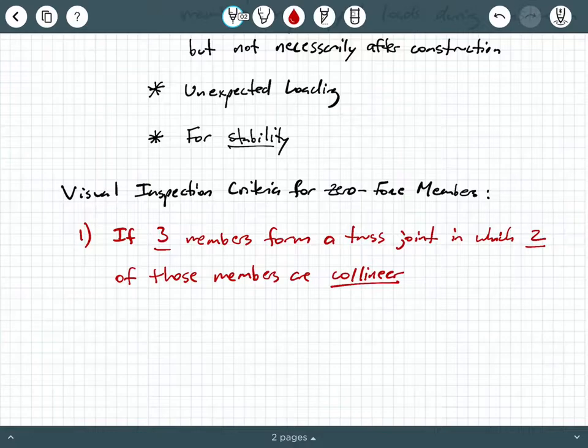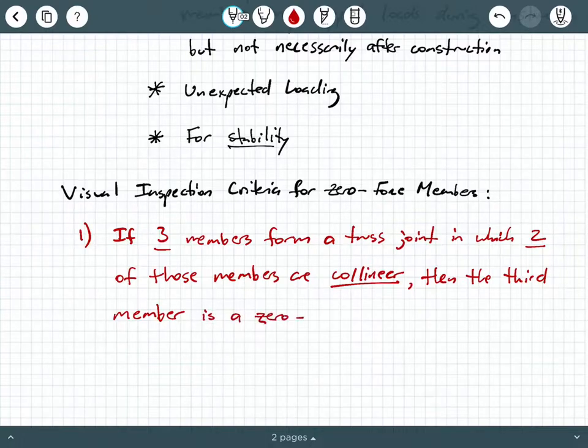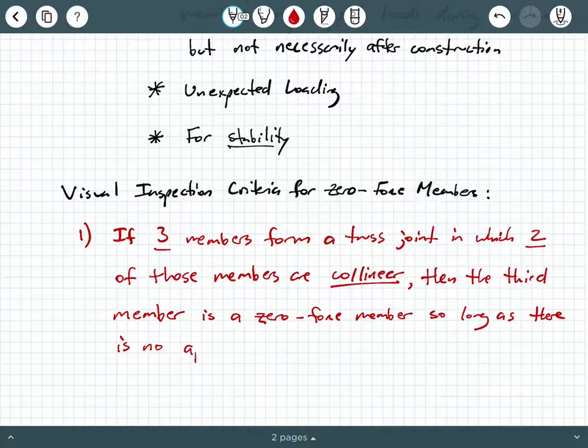Collinear means lie along the same line. So you've got three members forming a truss joint, and two of those members lie along the same line. Then the third member, which is the one that is not collinear with the other two, is a zero force member, so long as